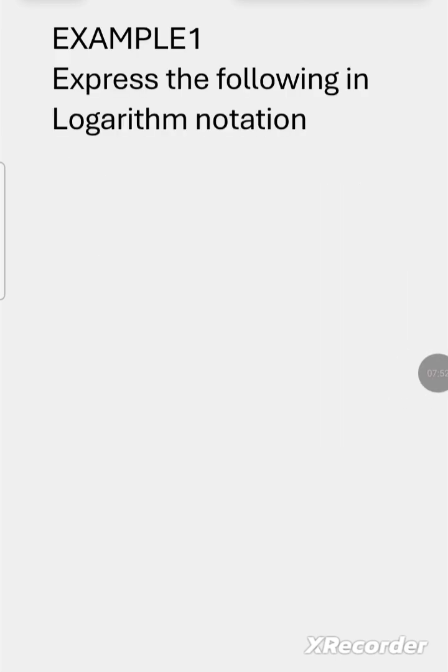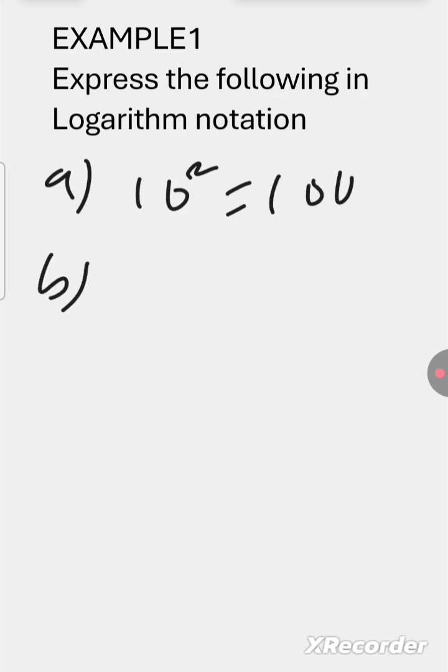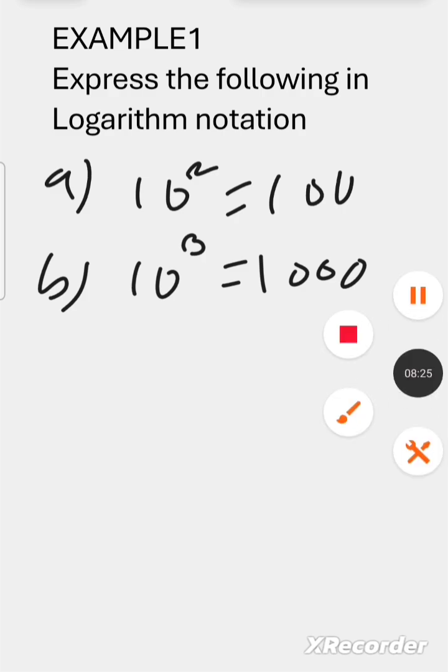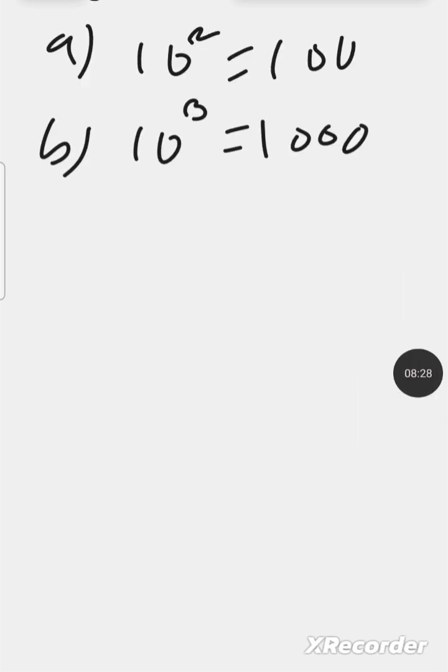Let us check our example 1. Express the following in logarithm notation. A, you have 10 power 2 equals 100. Then B, we have 10 power 3 equals 1000. Remember, the question is we express all the following in logarithm form. How do we solve this? So, solution to A,